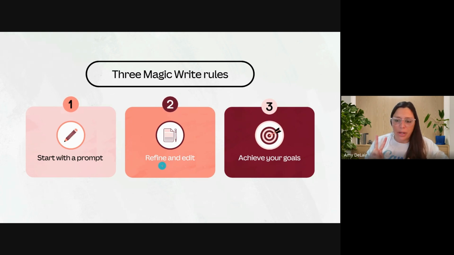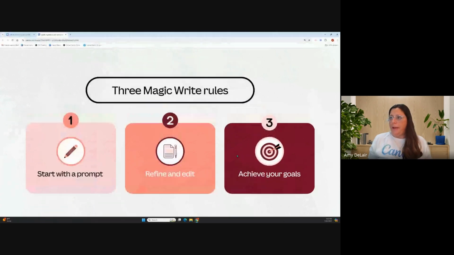The second thing I want to point out, and I know you all know this, but I'm obligated to say this, is please consider Magic Write as a rough draft. It is not a final copy. It is still emerging technology, and we still, as humans, need to read it and make sure that it is accurate and appropriate for the context of our classroom, and we feel good about sharing it. Or if it's helping you draft an email back to families, you have to make sure that it's in your normal tone of voice, right? So again, please treat it as a first draft and then make sure you're refining and editing it